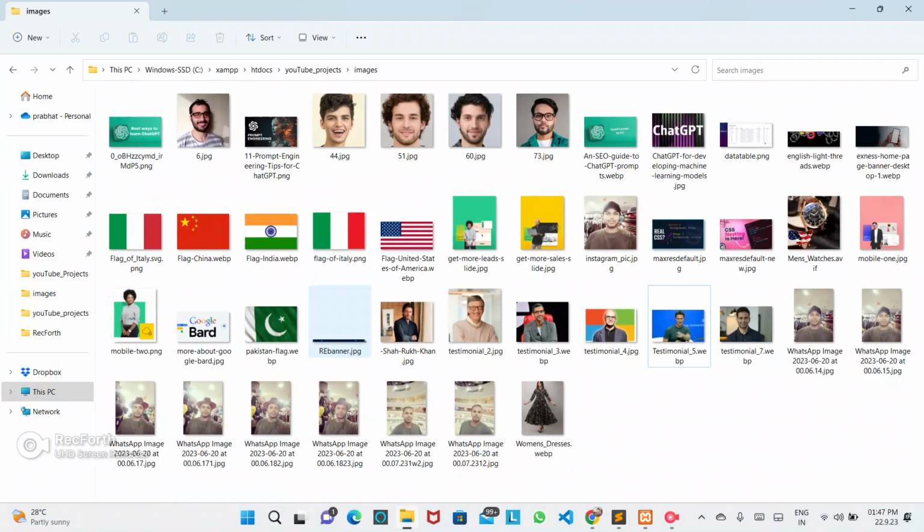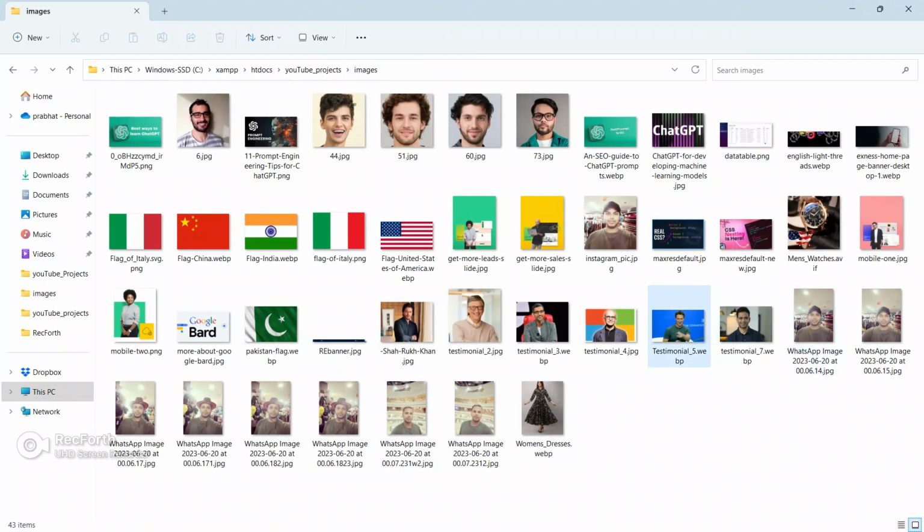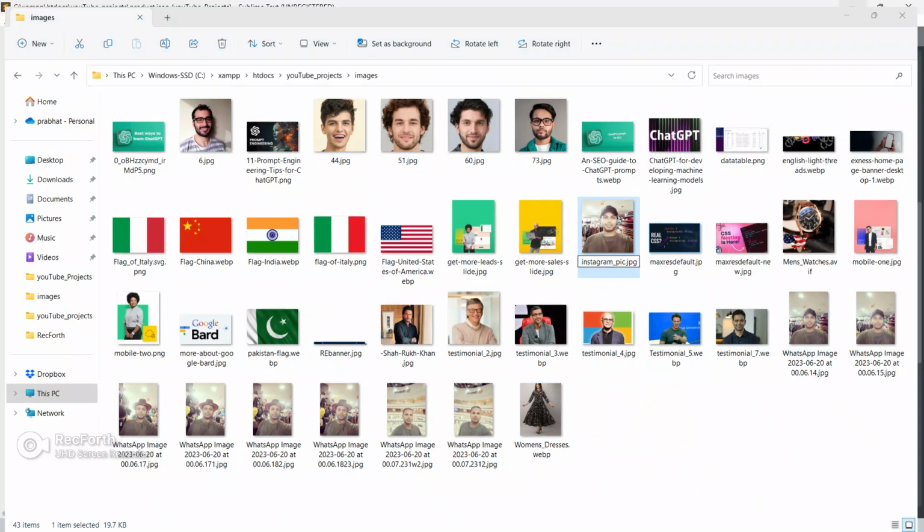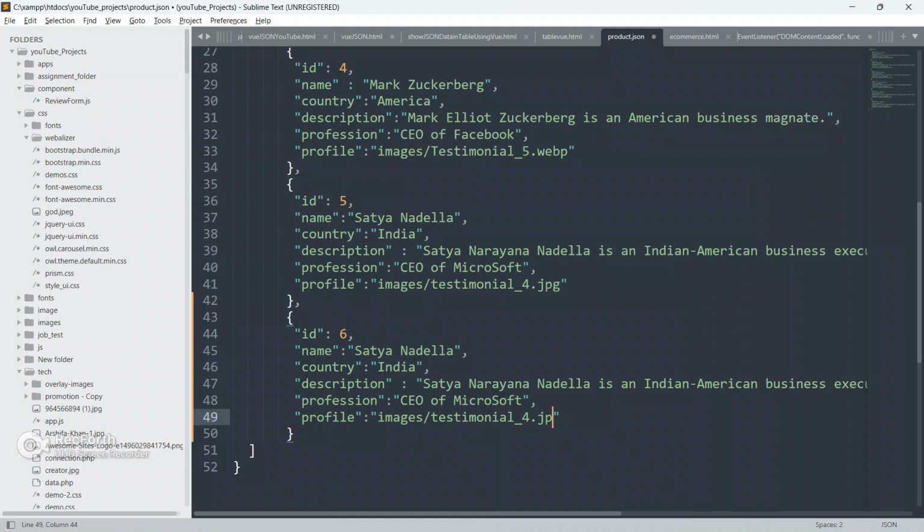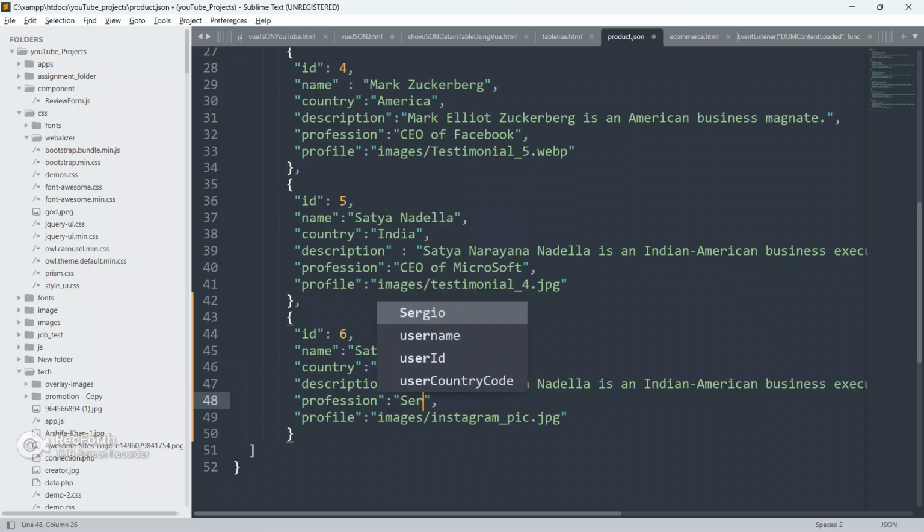Just to show you guys that it is fully dynamic, you can have n number of elements inside your JSON file. Okay, so just change this id to 6, and just go here and copy this image from here, and replace the image name. Profession: give ServiceNow developer, because I am a ServiceNow developer.